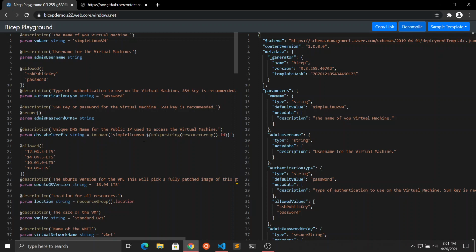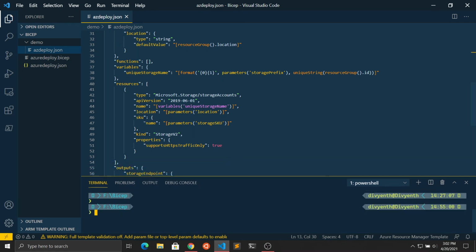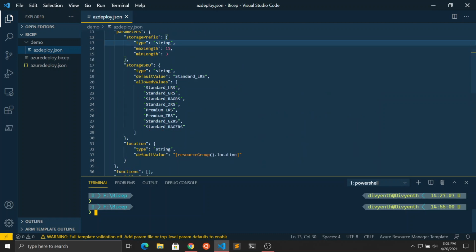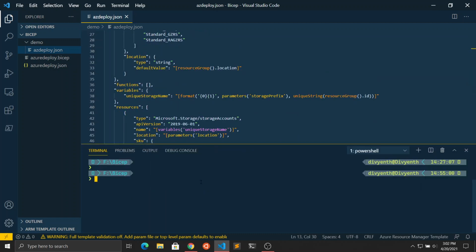The other way is to use the Bicep CLI. So there's a native CLI for Bicep, using which you can convert your ARM templates to the Bicep format. So here I have a small ARM template for creating a storage account, and I have the Bicep CLI installed. So what you can do is bicep decompile, and then you have to give it the